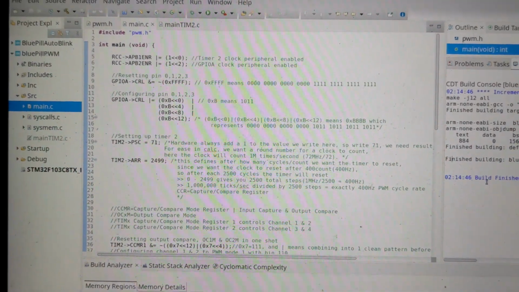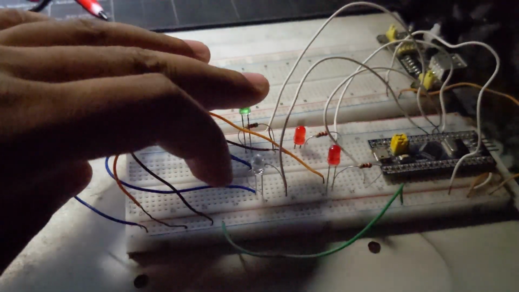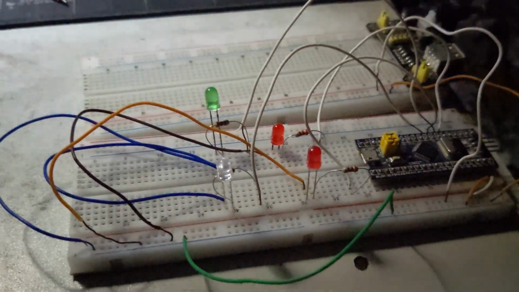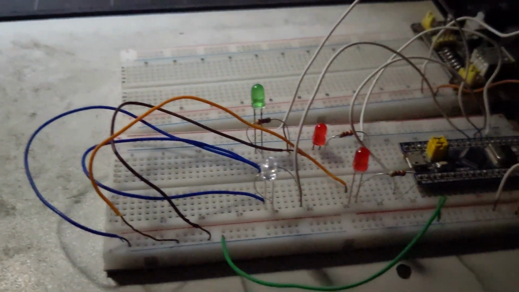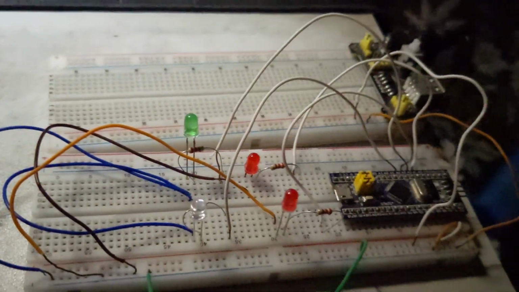This is a pure bare metal code. And here is this circuit. So here are these 4 LEDs for 4 different pulse width modulation signals. You can assume them as 4 different motors, like drone motors. If we power it,